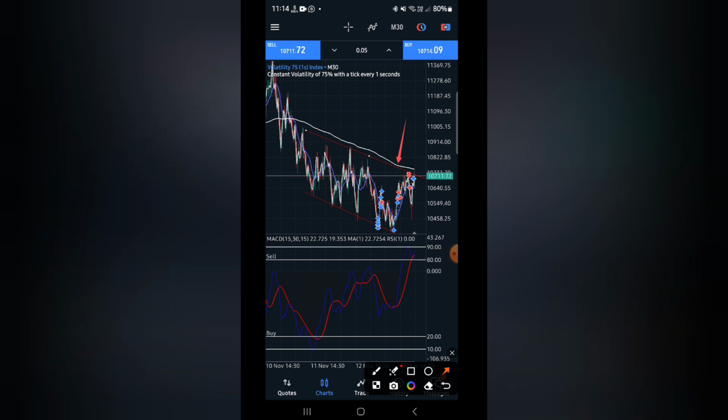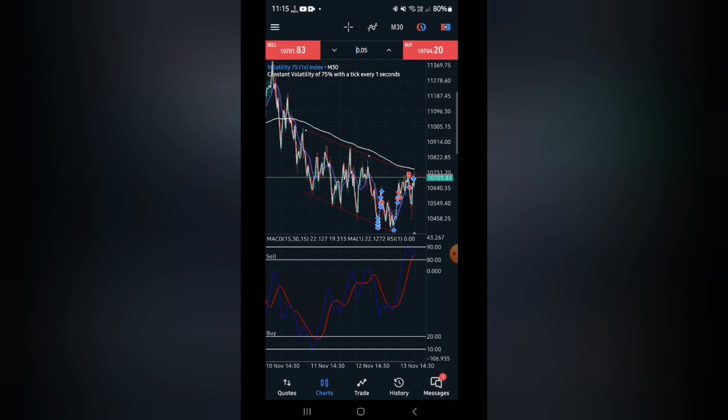Alright guys, so this is clearly exactly what I'm trying to point out here. This is clearly how our indicator strategy would now be able to correlate with price action. So now for a quick example, as you can see on this Volatility 75 1s, let me take this off the screen. As you can see from the price action side of things, I can only spot my bearish trend, the trend line, and